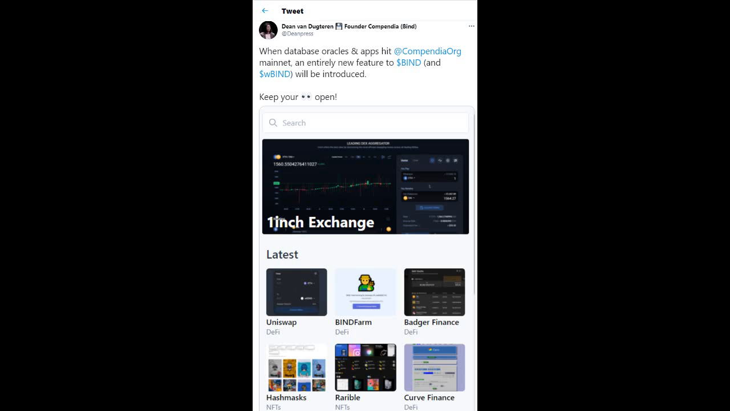Attached to that post was a screenshot of some sort of menu of different dApps which are already widely known in the world of cryptocurrencies, such as Uniswap, Badger Finance, our good old familiar Bind Farm, Curve Finance, Rarible, and Hashmasks. Quite a lot of functionality displayed in this one picture, and I am amazed and excited for the upcoming